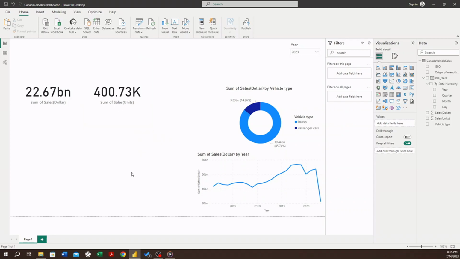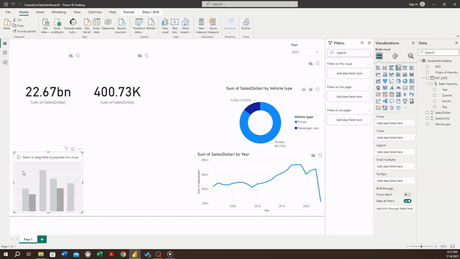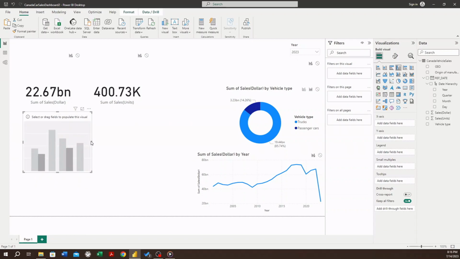Now another plot I need is a monthly depiction of the sales, both in units and in dollars. So let's show that by using a column chart. You have here clustered column chart, so you can use the clustered column chart. For that, I'm going to click on the clustered column chart, and just like we created the line chart, we will add the data points,